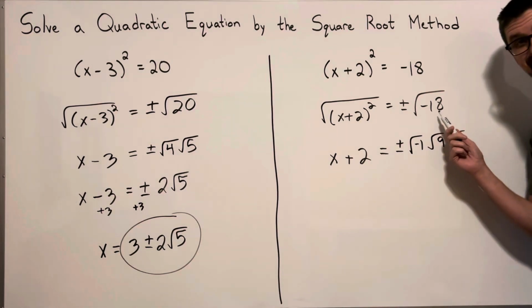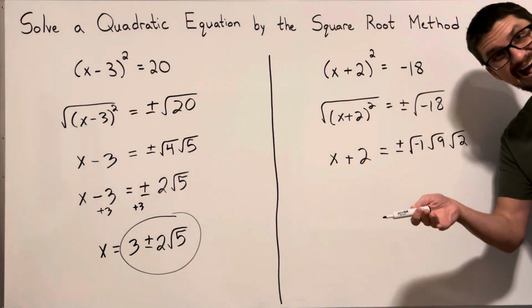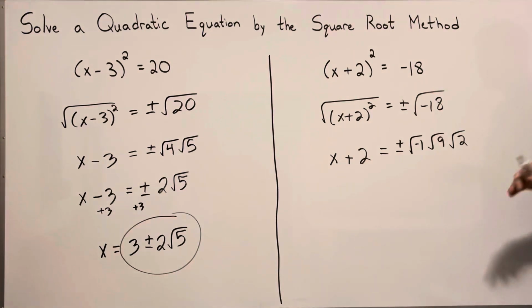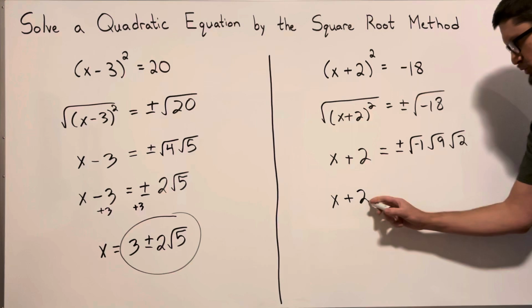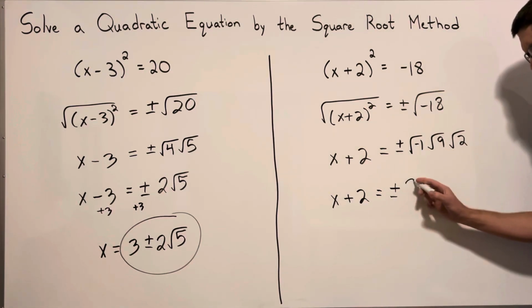You can break up the negative 18 into negative 1, 9, and 2. The square root of negative 1 is i. Square root of 9 is 3. And square root of 2, we're going to leave that as square root of 2. So I got x plus 2 equals, I'm going to put the 3 in front of the i,